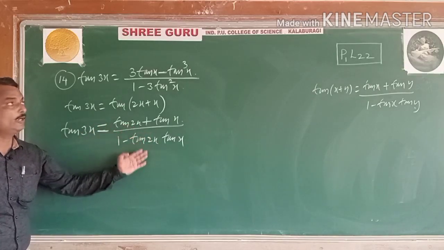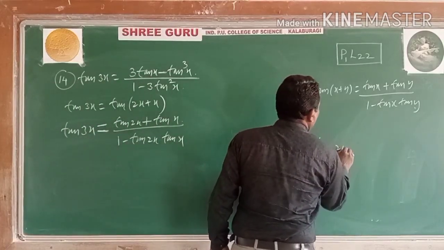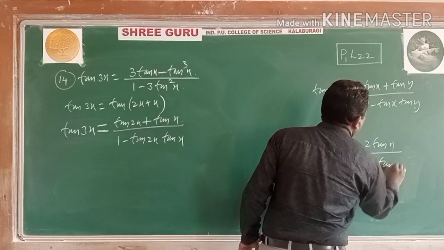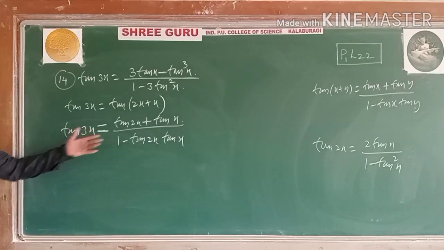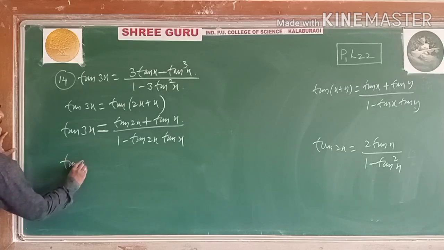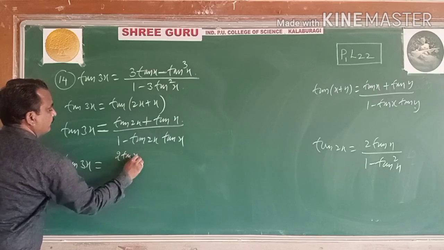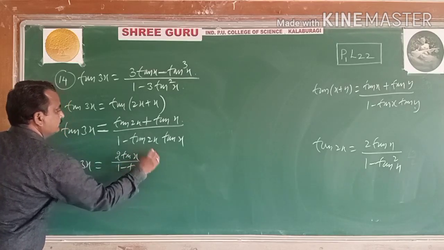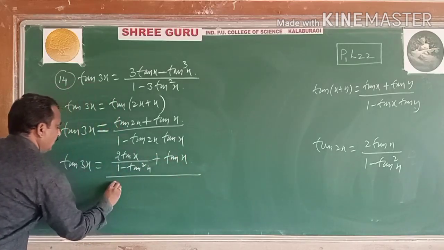Now you have only one formula in terms of tan. You have tan 2x in terms of only one formula: 2 tan x divided by 1 minus tan square x. Let us substitute that formula here, students, and simplify. Tan 3x equals, what is tan 2x? 2 tan x divided by 1 minus tan square of x plus tan x, whole divided by 1 minus,